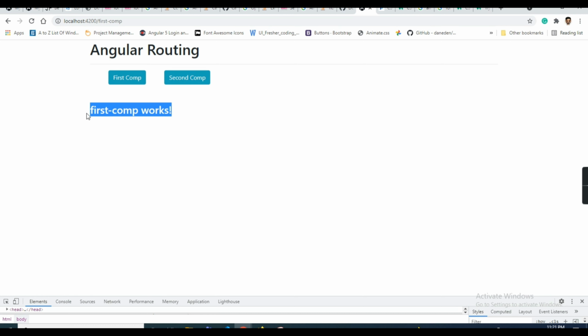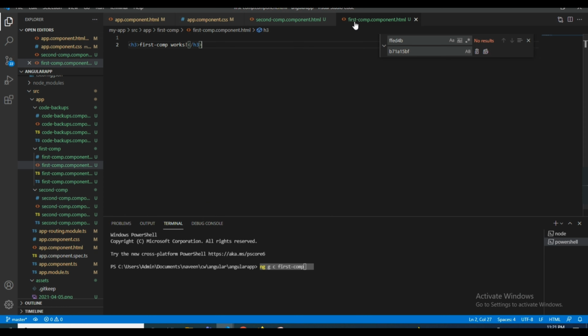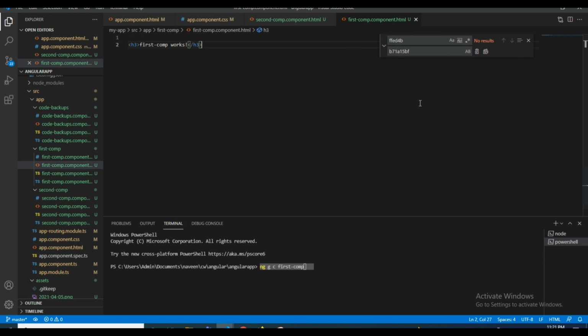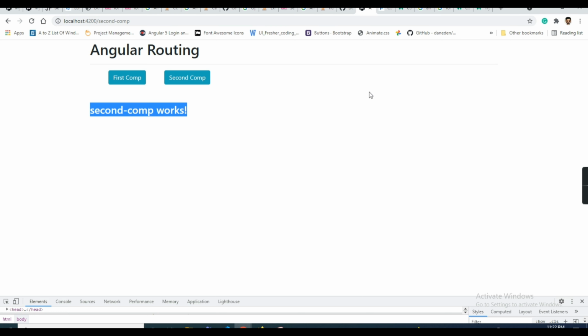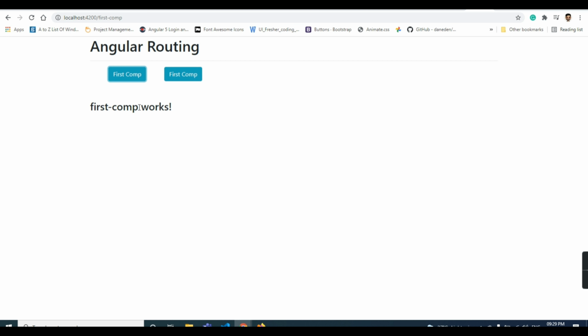Here I forgot to mention that the first component's HTML is coming from here. This is the text for the first component, which is showing in the UI, and this is the second component text. This is an HTML heading which I am showing in the UI, and I will check this. Okay, first-component.